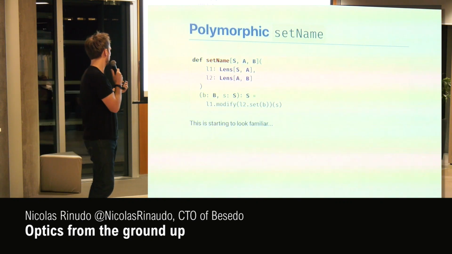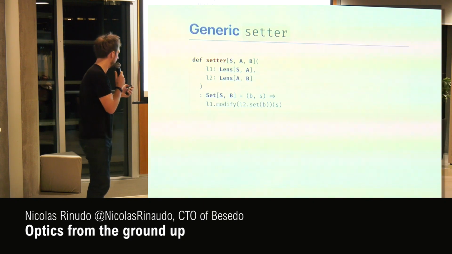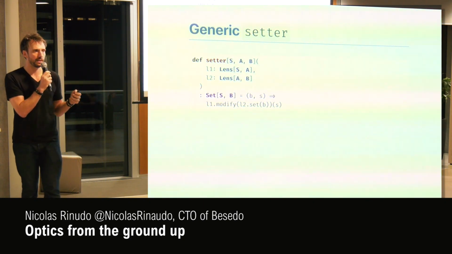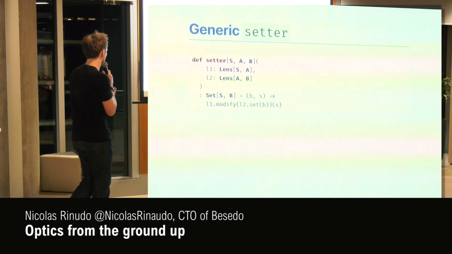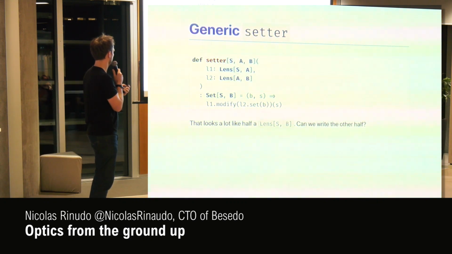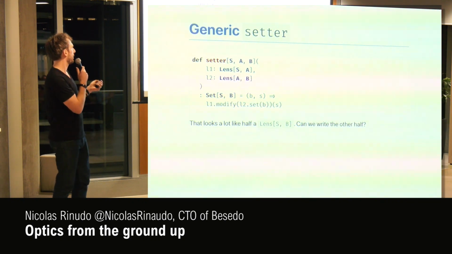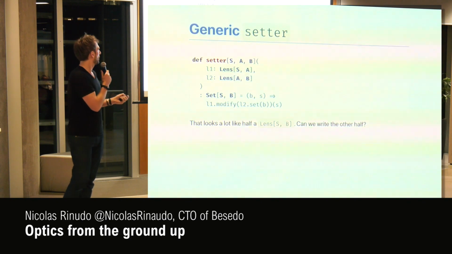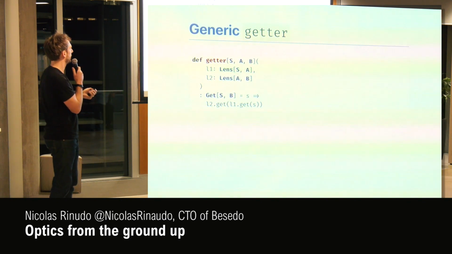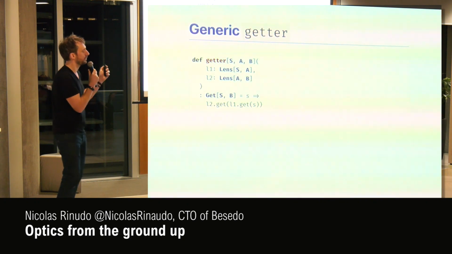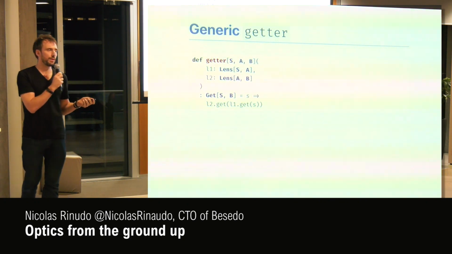So what we have done here is given two lenses, one lens from S to A and one lens from A to B, we have created the first half of a lens from S to B. Could we write the second half, which is a getter? Well, yes, it's pretty trivial. Same big skeleton, and then you get the A out of the S, then you get the B out of the A, and we have written both the getter and the setter parts of a lens